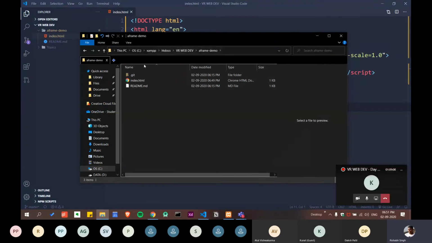I have to know the address of this particular folder. The control panel of XAMPP knows that the file is stored somewhere in htdocs, but it doesn't know the exact location. So we are going to give it the exact location. We are just going to click here, and it will show us the address. We simply select all this and press Ctrl+C to copy it.